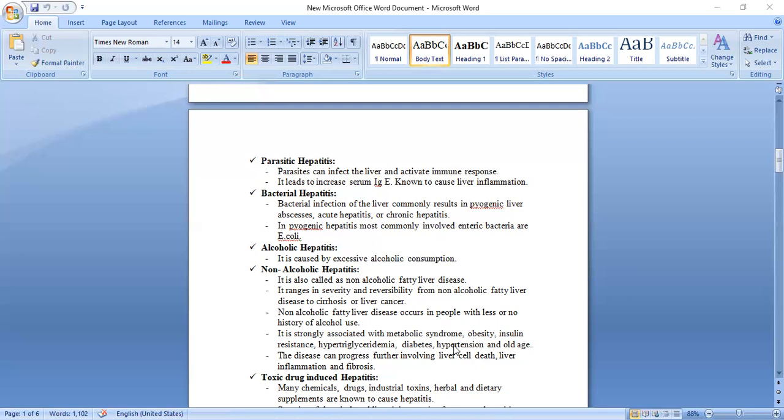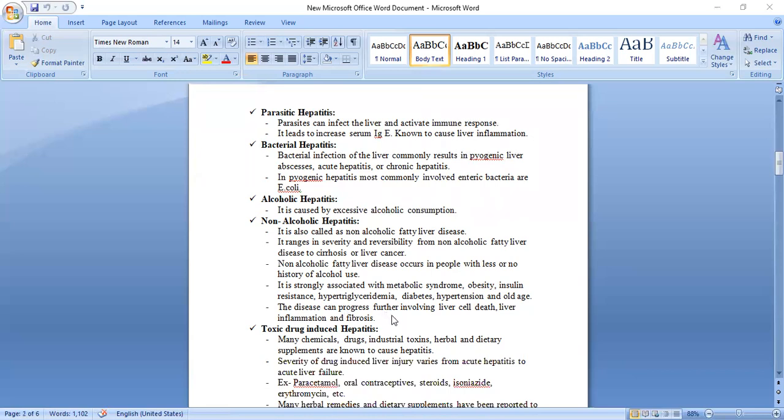Which chances? Maybe due to metabolic syndrome, obesity, insulin resistance, hypertriglyceridemia, diabetes, hypertension or old age. If the individual has all these, there may be chances of getting this non-alcoholic